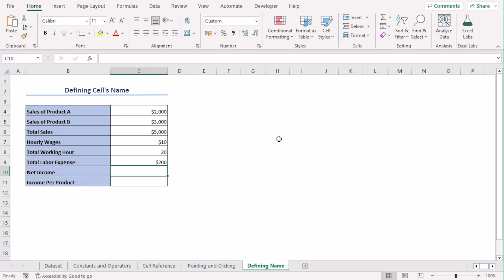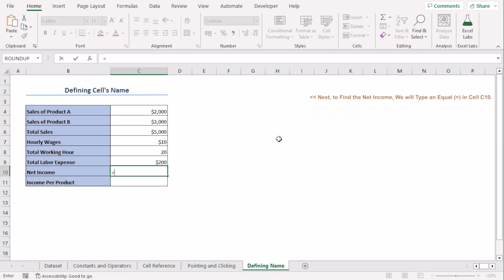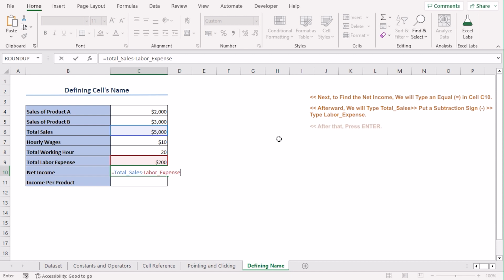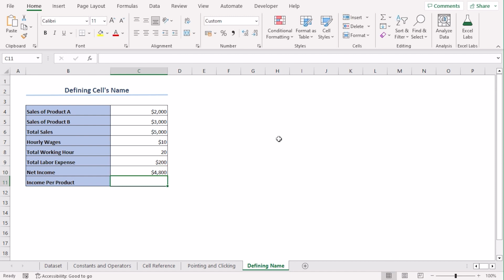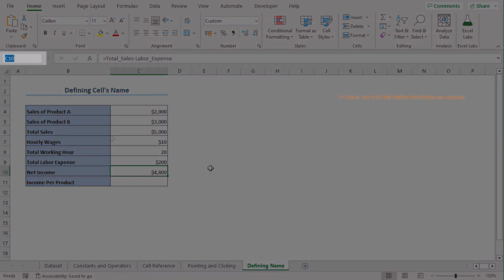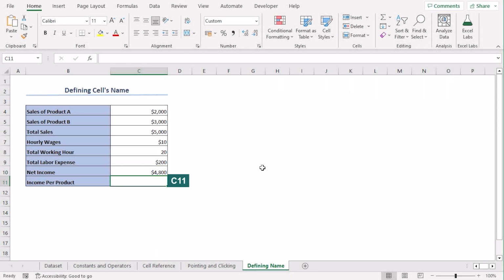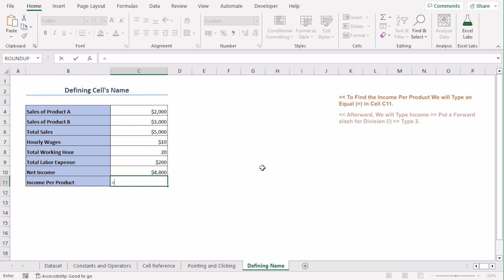Now we can try net income equals total sales tab minus labor tab. Now for income per product, we need the output from net income. So cell C10, we need to define it again. Let's try income. Now for C11, which is income per product, we will write equals income tab divided by using